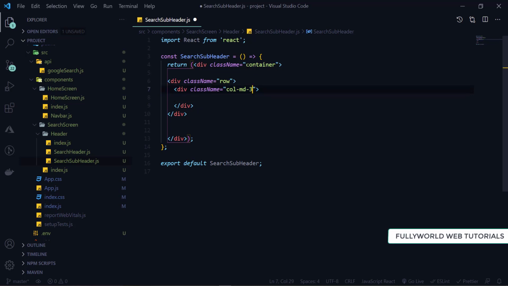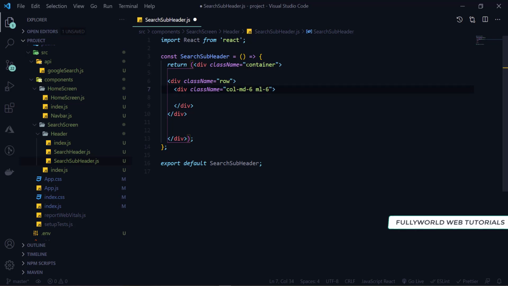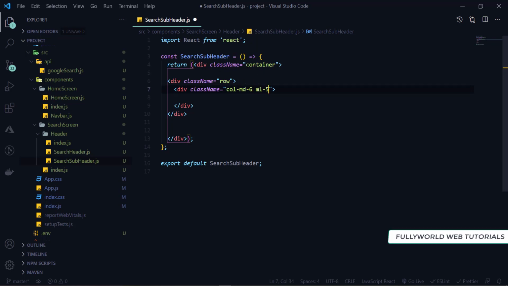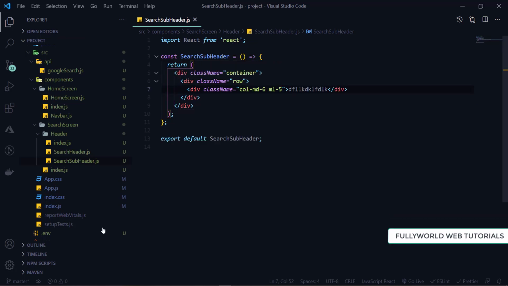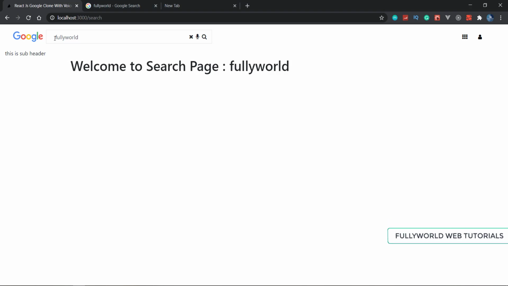Here I'm going to write only col md6, and its margin left will be 5 only, margin left 5. So here let's check this. I'm going to save this, and it should come below our navigation bar only.